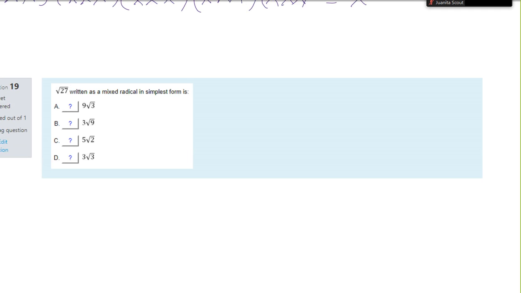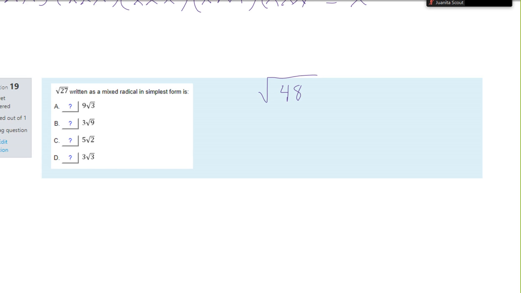I'll do it with a different radical, and we'll say the root of 48. There's a whole bunch of different ways you can do it, but basically we want to turn 48 into chunks where at least part of the chunks we can take the square root of. So we need to take out something that is square rootable. The easiest way to do that, I find, is to find the